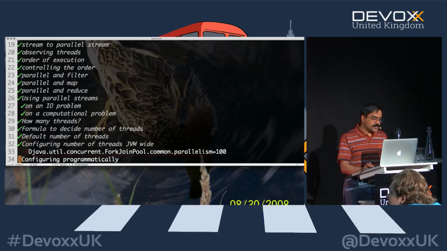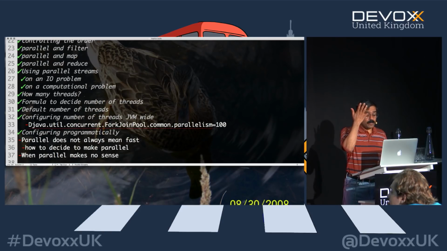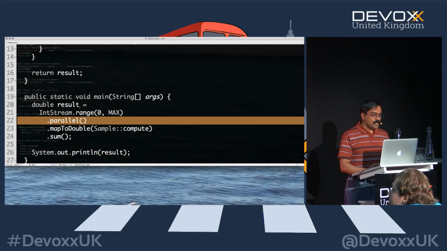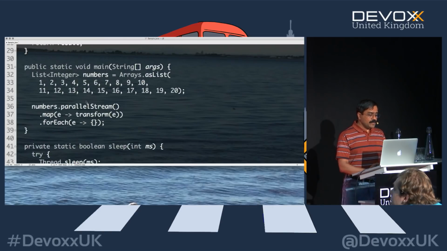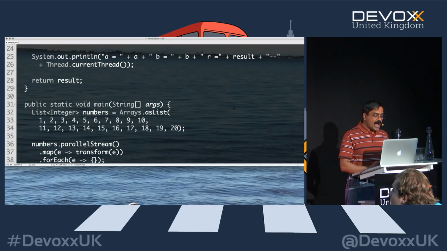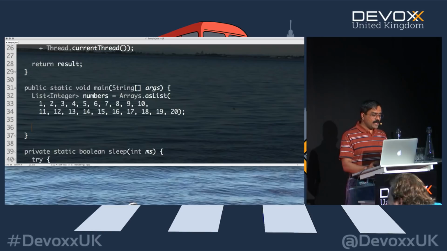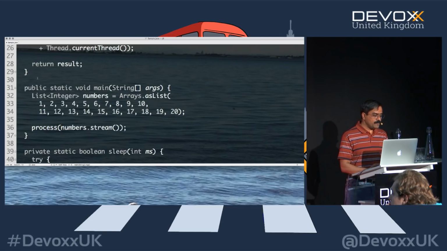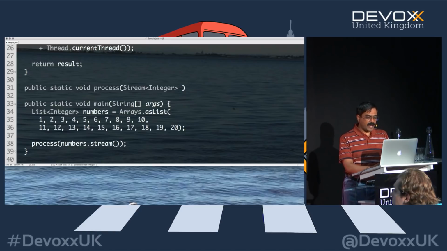One other thing you could do is to configure this programmatically. Well, to configure it programmatically, you still have to be careful. What does it mean to configure it programmatically? To understand what that really means, let's go back to the previous example we saw earlier. In this case, what I want to do is know how this is going to run and when it's going to run. To understand this, let's go ahead and create this numbers.stream, but we will send it to a method called process. So the process method is going to process the stream. So here is my public static void process, which takes a stream of integer.